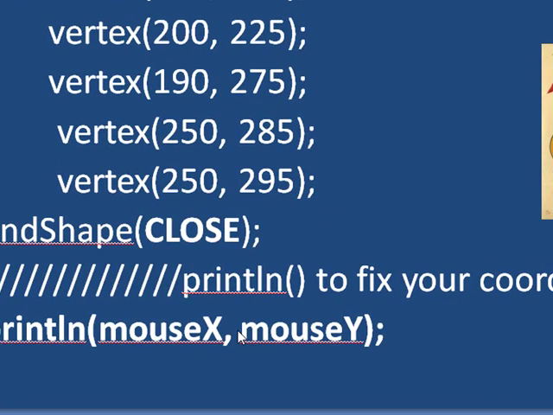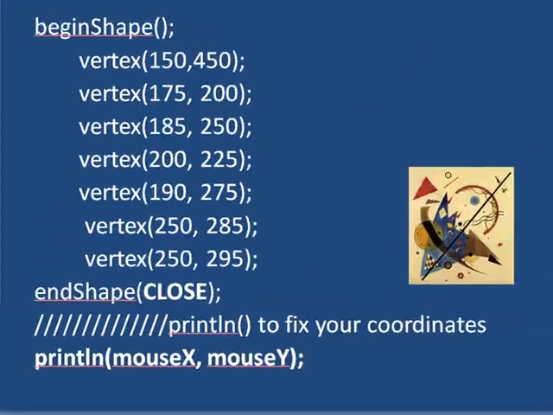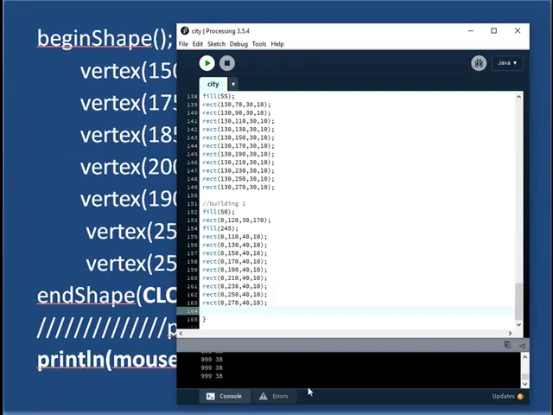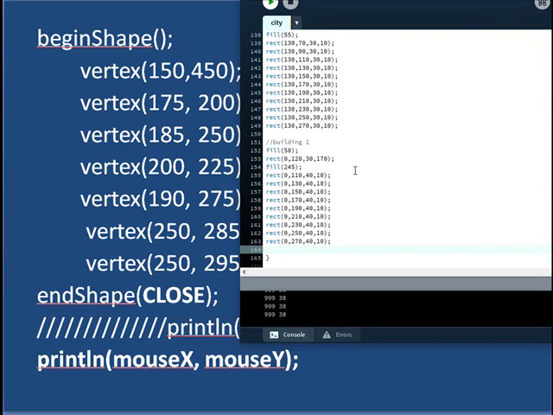So what that is going to give me, Processing will read back to me down in the console, I'll do this here, the coordinates that I'm pointing to on the screen. So this only works if I have the code block set up in draw, and I am before my closing bracket for the draw, I'm going to type in println mouseX, comma, mouseY, and close that out. So now when I press play,